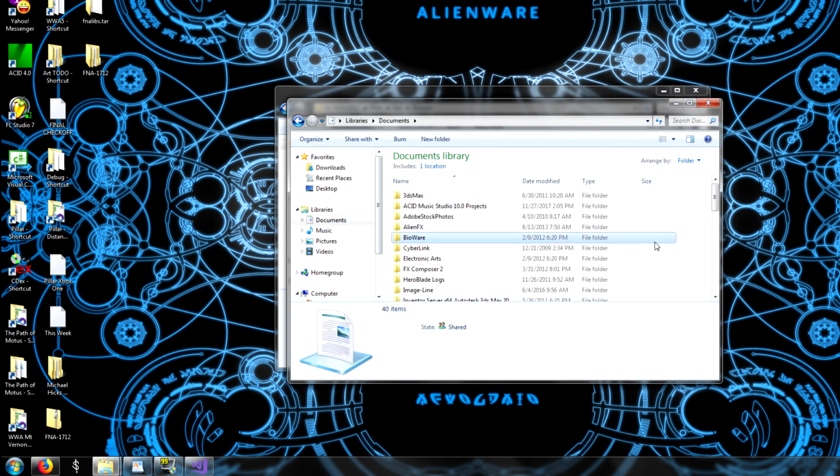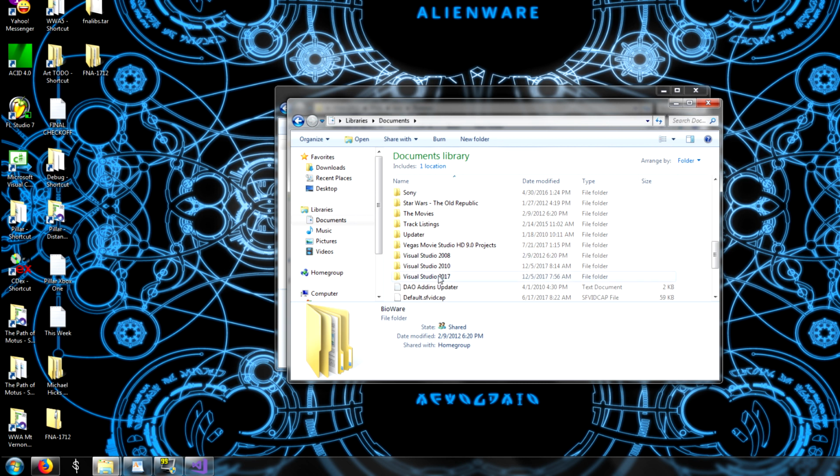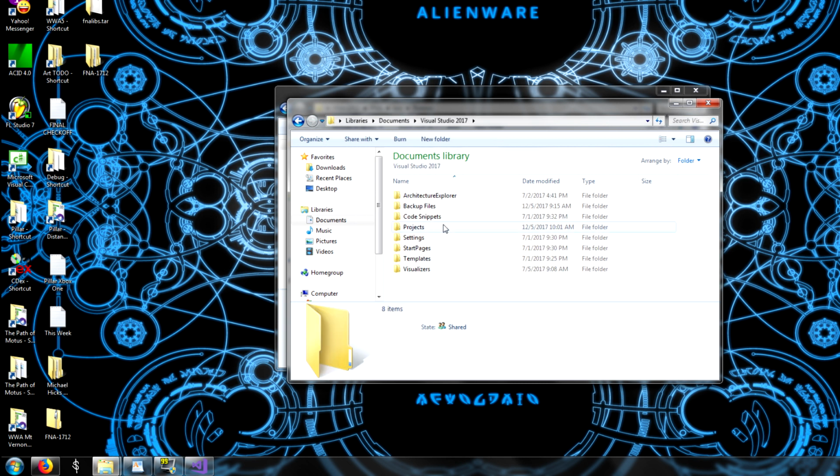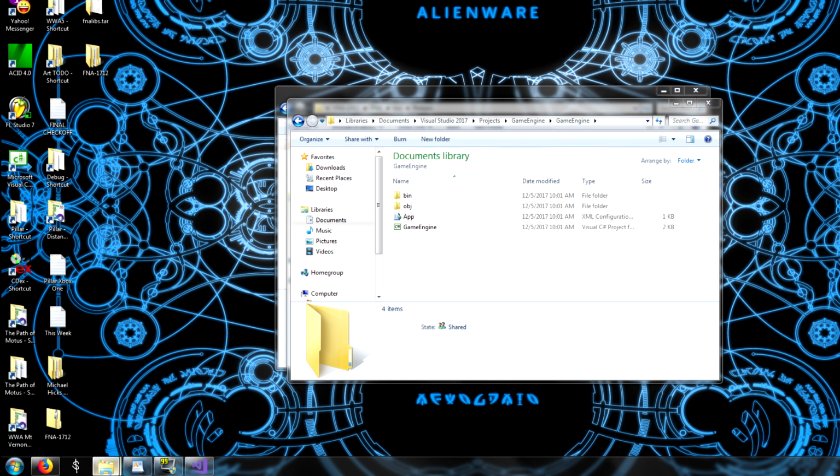And in Documents, we'll go to Visual Studio 2017 and then to Projects. And this is where Visual Studio automatically saves all of the projects you create. So here's our Game Engine project right here. I'm going to go into Game Engine, and then right here in this part of the folder, I'm going to copy